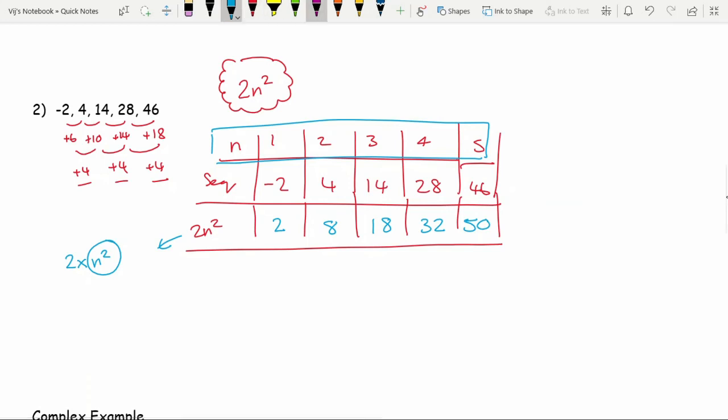So then what we need to do is compare these blue numbers to the red numbers above. So here I need to take away 4, here I need to take away 4, and then I've added 4 there. So get rid of that. Okay. I need to add 4. There we need to take away 4, take away 4, and take away 4. And because all of these numbers are the same, then